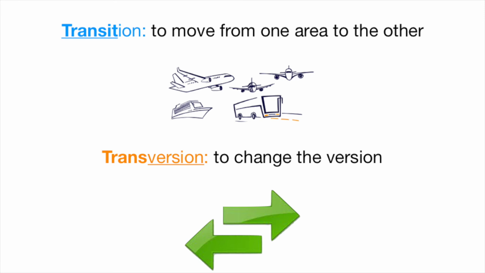Here are some tricks to help you remember this topic. A transition mutation is when a base changes to the other base from the same family. When we break this word up, transit means to move from one to the other, so we move from one pyrimidine or purine base to the other. A transversion mutation is when a base changes to another in a different family. When we break up the word, we have trans and version. Trans means the change, so we change the version of bases.